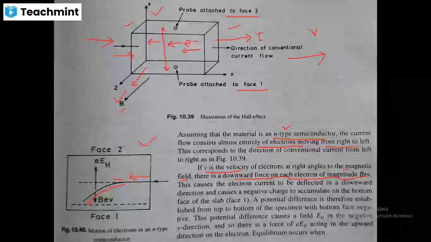So the electrons which are traveling straight here, instead of traveling straight like this, due to the presence of this magnetic field, they undergo some kind of deflection, what is known as a Lorentz force deflection, and they will be deflected like this. All the electrons which are traveling here will be deflected like this. All the electrons which are coming here will be deflected like this. So instead of traveling straight, all the electrons traveling in this direction will be deflected like this. So what is the force of that deflection?